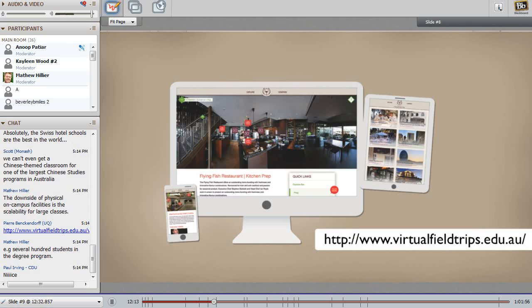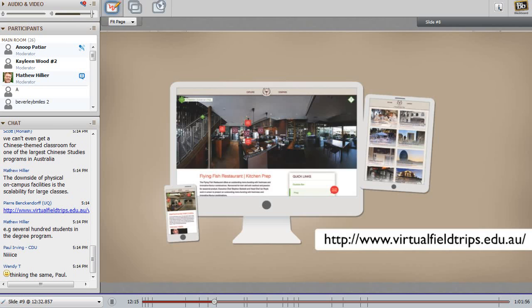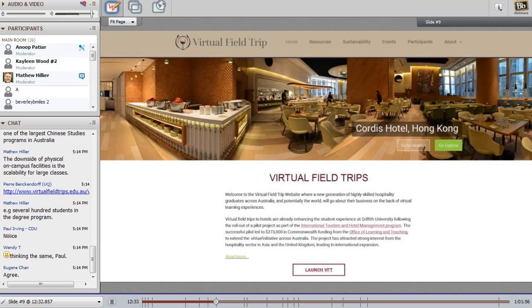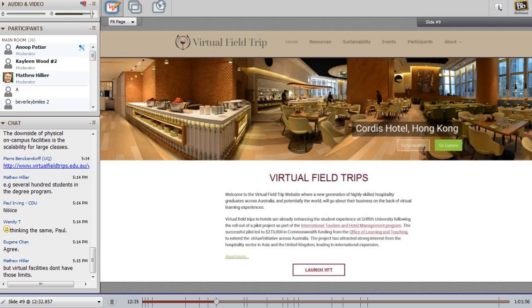So the beauty of the new virtual field trip is that it can be accessed through smartphone, tablet, or PC, and students can access it at any place of their choice, in their own freedom. This has made the whole function of the virtual field trip very flexible.